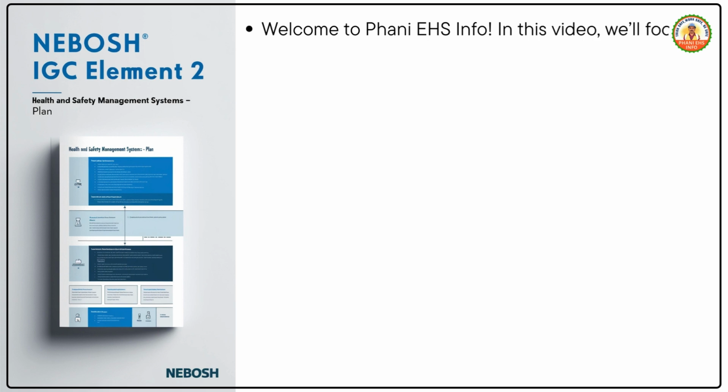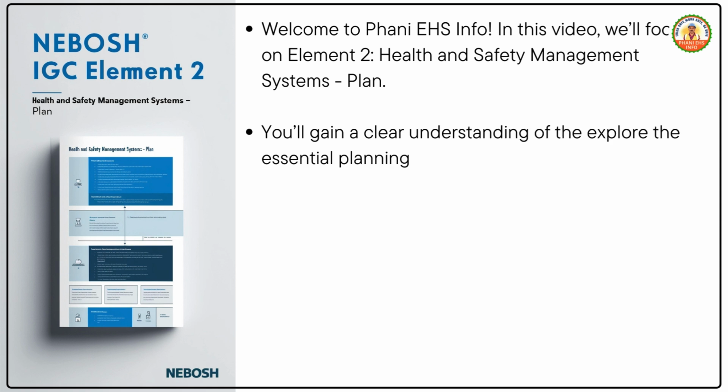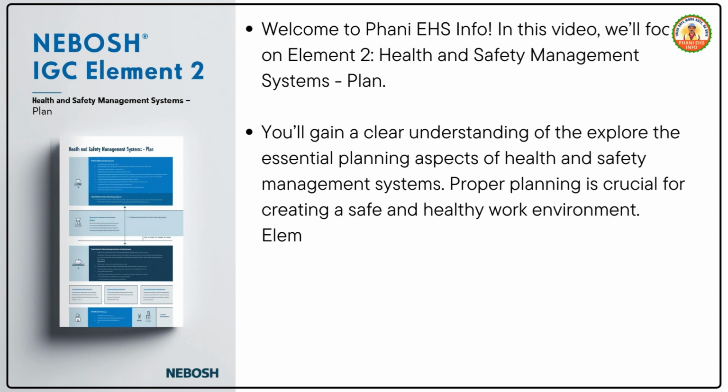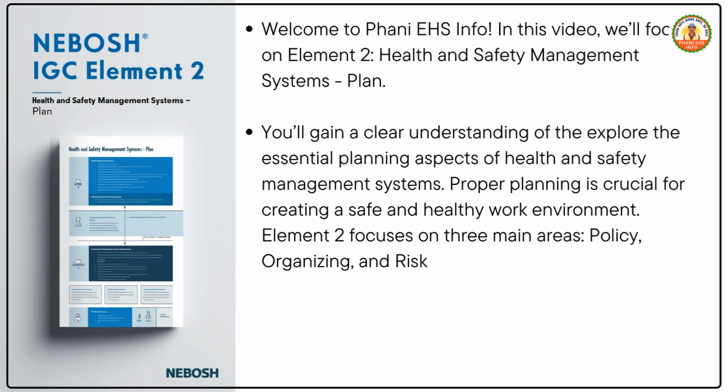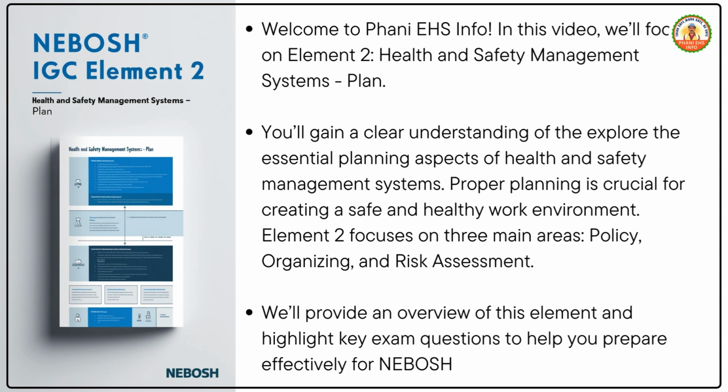In this video, we'll focus on Element 2 Health and Safety Management Systems Plan. You'll gain a clear understanding and explore the essential planning aspects of health and safety management systems. Proper planning is crucial for creating a safe and healthy work environment. Element 2 focuses on three main areas: policy, organizing, and risk assessment. We'll provide an overview of this element and highlight key exam questions to help you prepare effectively for NEBOSH IGC